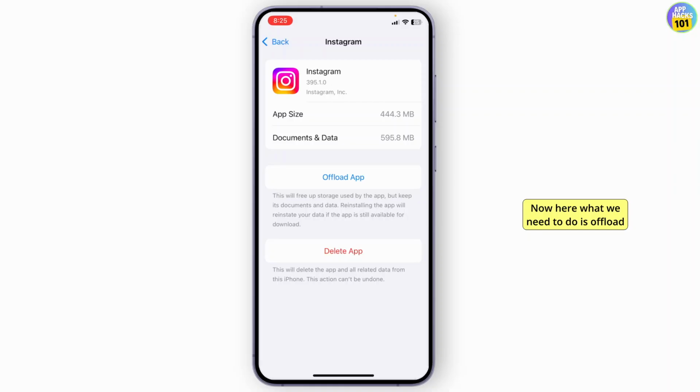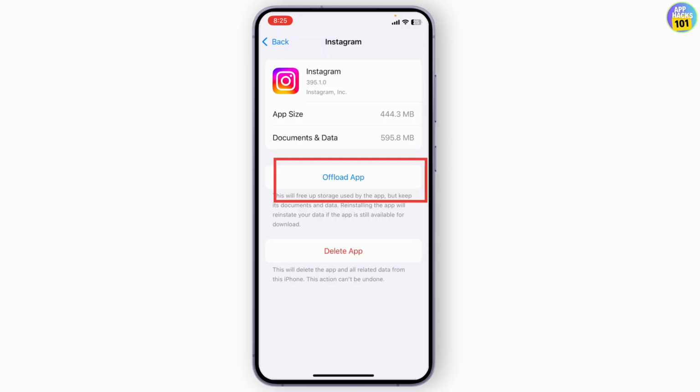Now here what we need to do is offload the app. As you can see, this will free up storage used by the app, but it will still keep its documents and data. It will also clear out the cache. In that case, it's really simple. Tap on offload app